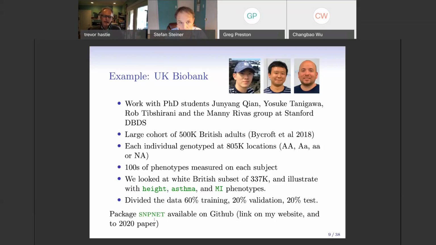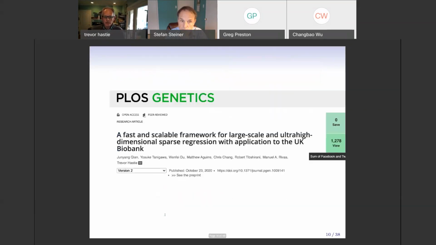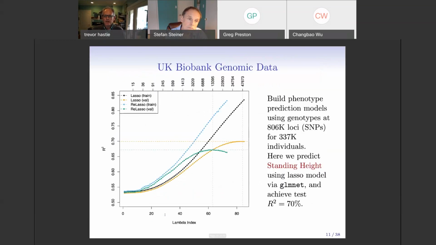And the package SNPnet is a variant on Glmnet to accommodate these data, with some special modifications of Glmnet to be able to work on data of this kind. And our papers just got published in PLOS Genetics on how we do this, and I'll just be reporting on some of the results. So this is a picture that shows a phenotype